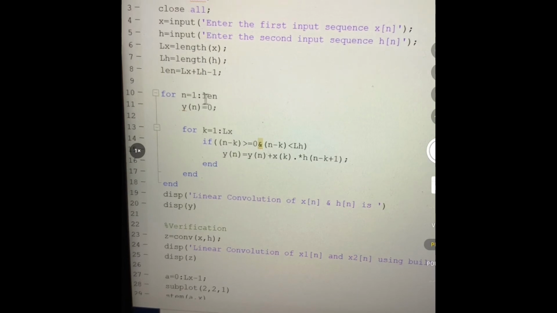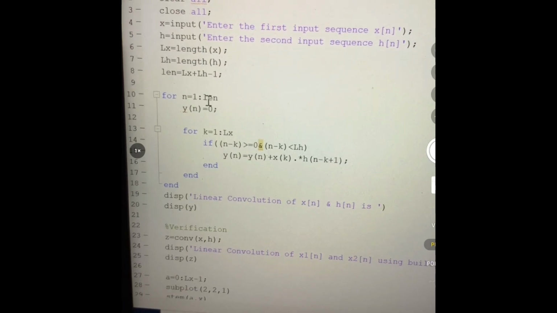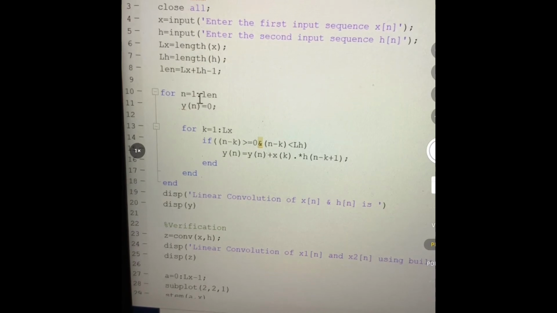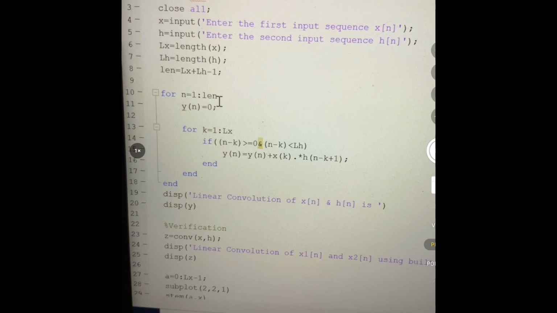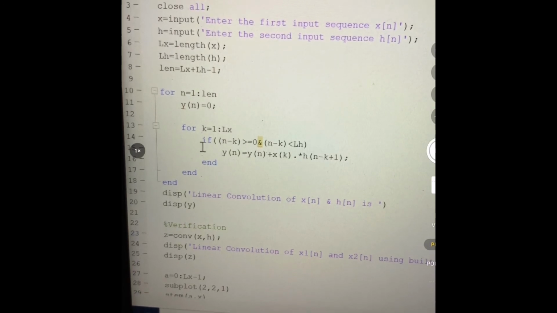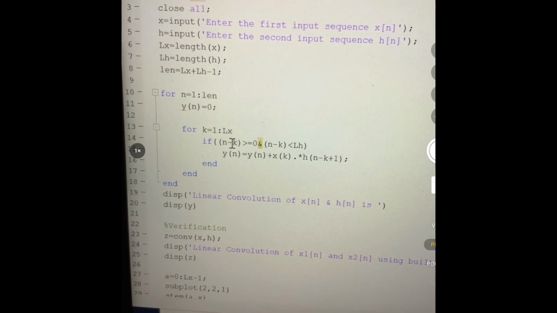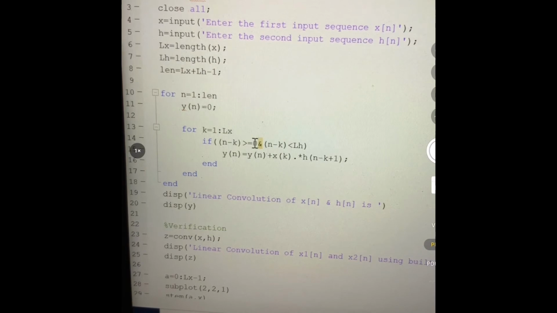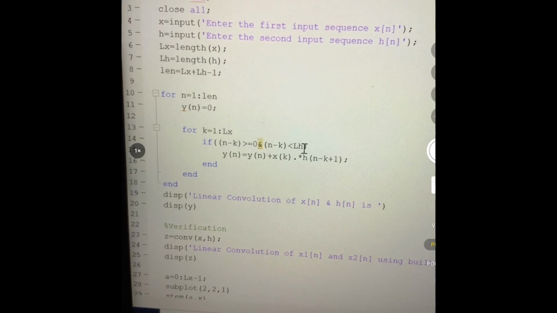Now in order to write the formula using a for loop, we can write the program, that is, for n is equal to 1 to len, initialize y of n, that is y of n is equal to 0, and for k equal to 1 to Lx, check whether the value is between 0 and Lh, that is n minus k is greater than or equal to 0 and n minus k is less than Lh.